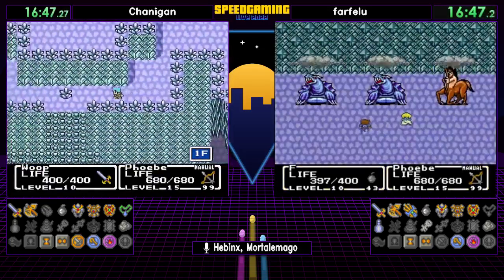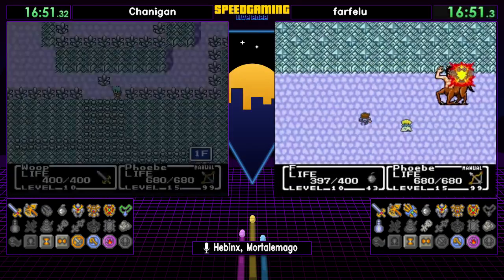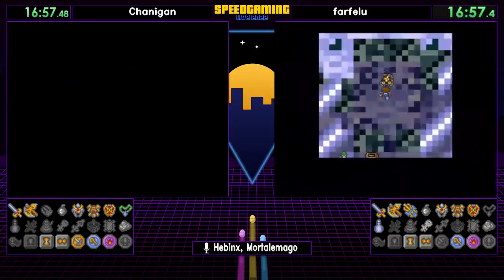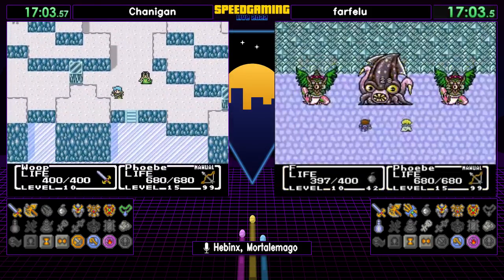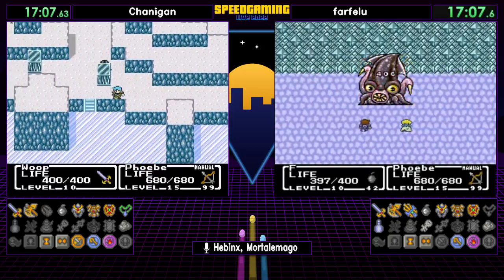Having to double back here may cost him a little bit of time, but with exit in his pocket, he could say it should be negligible. Chanigan opting to not finish Wintry Cave because he doesn't have a claw yet. Yep, so unable to scale down that wall. Meanwhile,